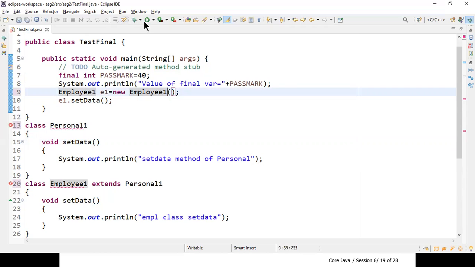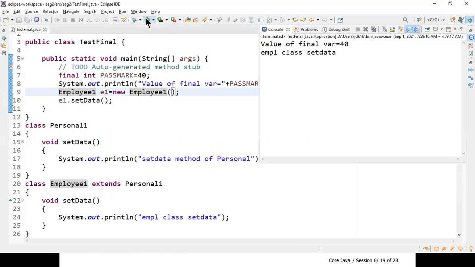Let me run. Now you see that we are going to get the Employee class output.